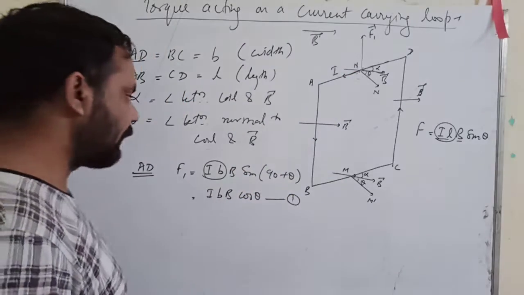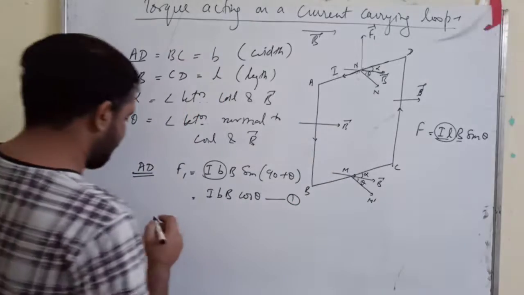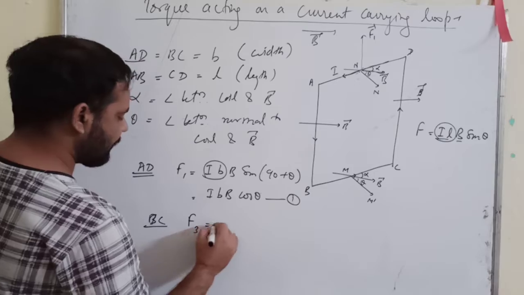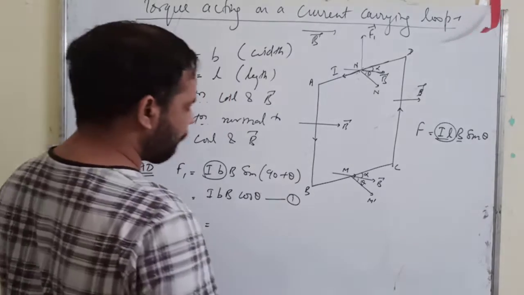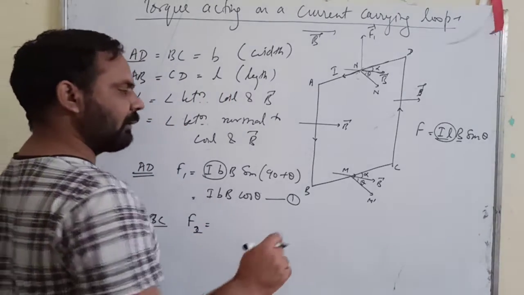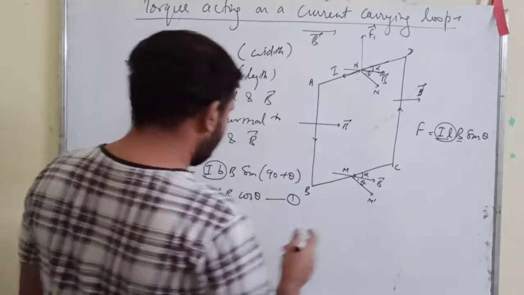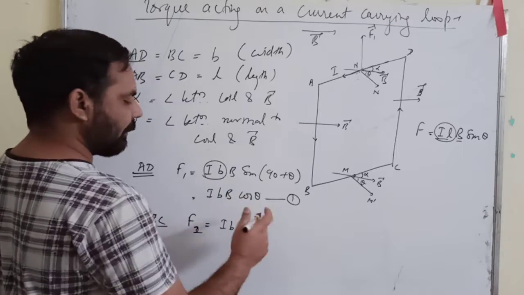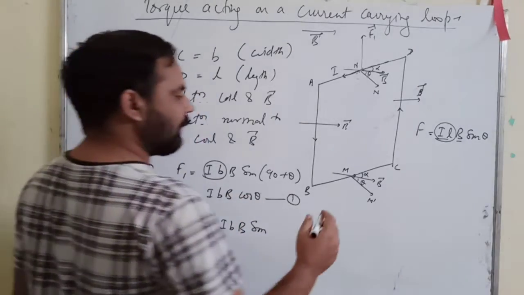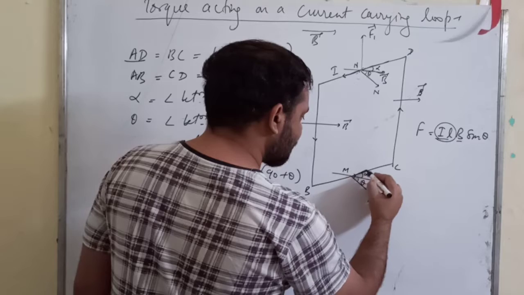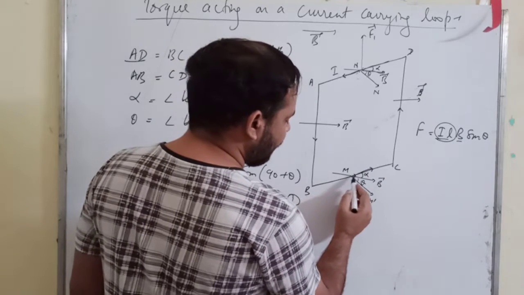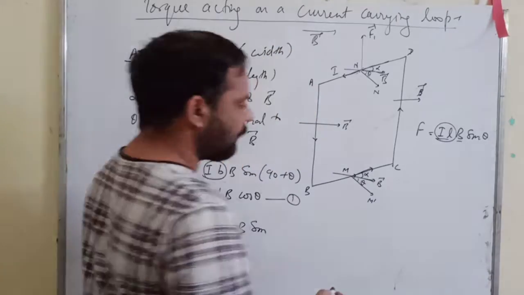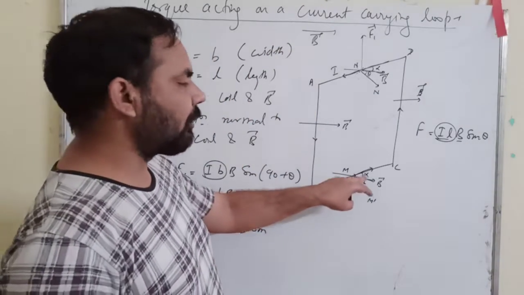Now we find out the force at BC part. Let us suppose that this is F3. Okay, or you can take F2 also, doesn't matter. It is your choice. Now here the force F2 is IBB. That will remain same, and sine. Now here the IL vector is this one. You will take this one, and B vector is this one, right? Okay. For time being, you don't consider angle alpha.